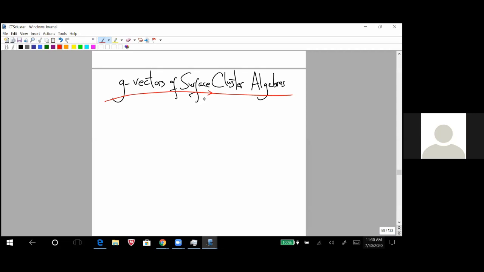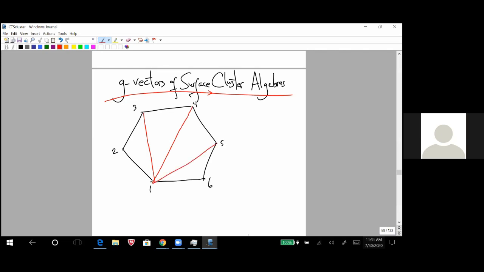So what do I want to do here? What I want to do is, let's even say for A_n. So we know that a g vector depends on a choice of initial cluster. So here an initial cluster is some triangulation of this hexagon. Let me choose some triangulation of the hexagon. Let me just for fun choose this one. But now what I would like to know is, without doing any algebra, without drawing quivers, doing mutations, anything like that,